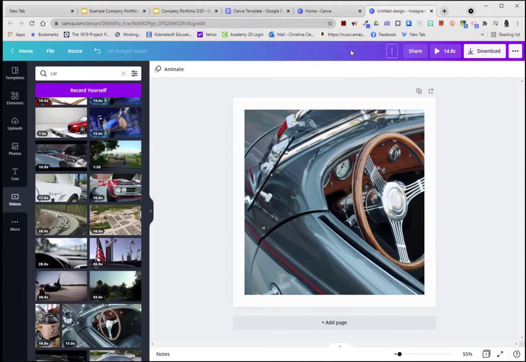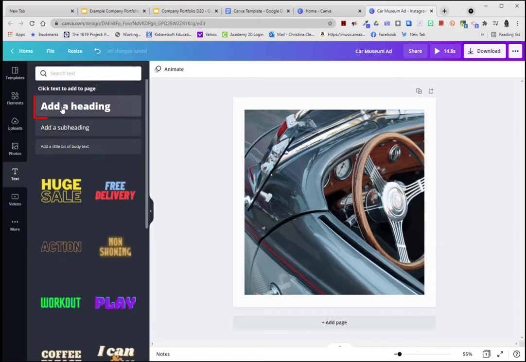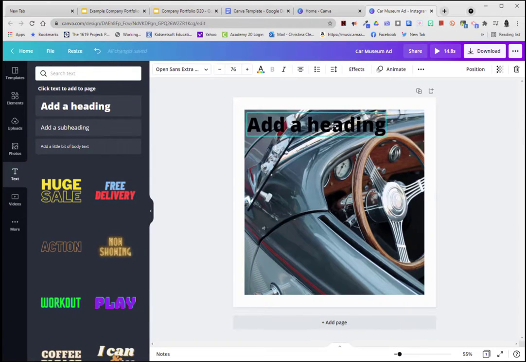Before I continue, I'm going to go up to the top and I'm going to name it Car Museum and then add. That way it's easier to find if you have a lot of items. Now I want to go ahead and add the name of my museum, so I will choose the text option. I will choose add heading, and I'll go ahead and drag this up, maybe left align it, and of course